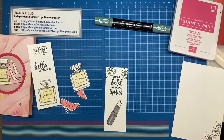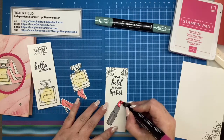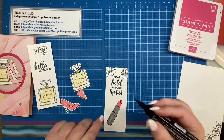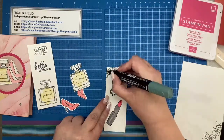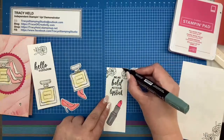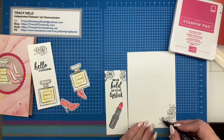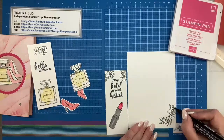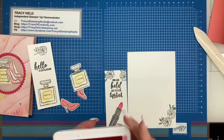And we're going to have polished pink lipstick, nice and bright. And I'm going to do my leaves just with a little stripe of the soft succulent. Do you all love the new in colors? I have to say that this time around I actually can't decide which one is my best. I love the pinks, I love pale papaya, and although greens are not normally my colors, I like the green as well. And the last bit of stamping that we're going to do is I'm going to just stamp this